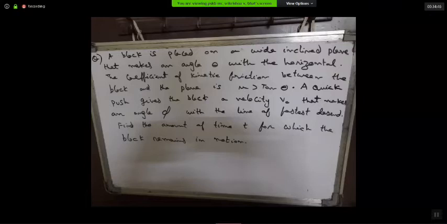So we can write the expressions for the change in tangential velocity and the change in vertical velocity with time. Then we'll get dvy by dt as g sine theta minus mu g cos theta cos alpha, where alpha is the angle at any general time. And then the change in the speed is equal to g sine theta cos alpha minus mu g cos theta. We can eliminate cos alpha and then integrate, and then we can find the time of motion.